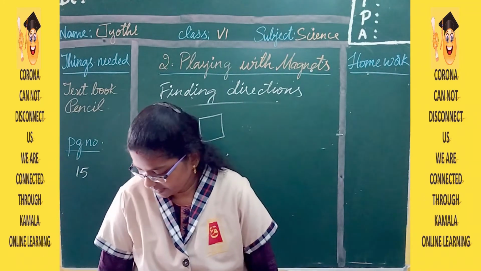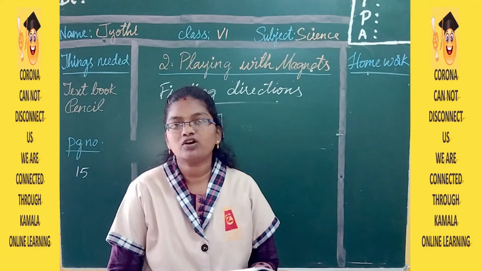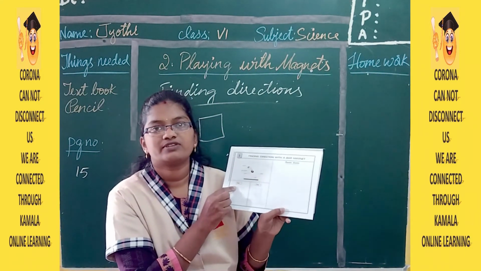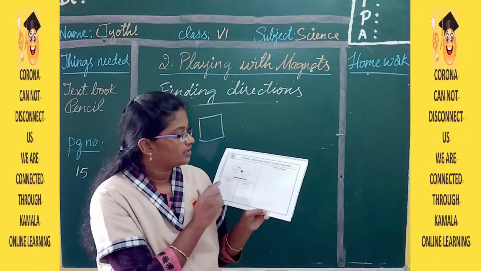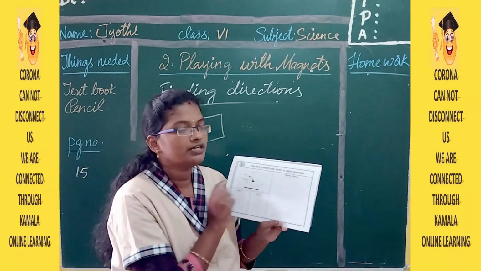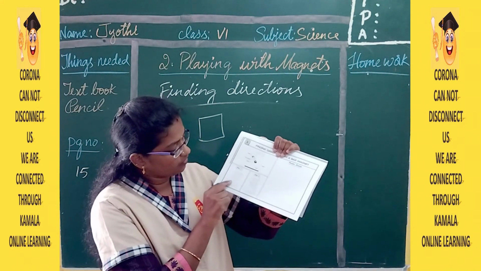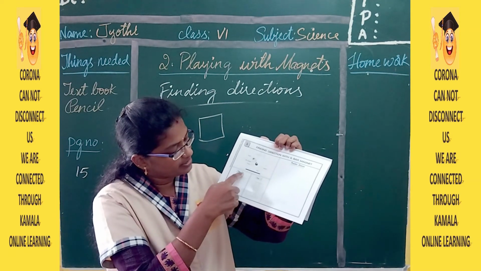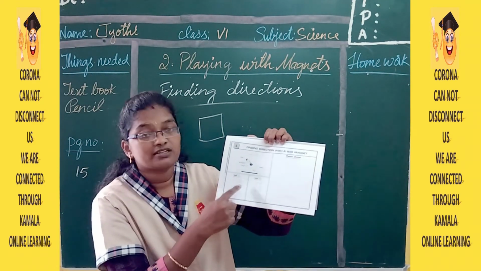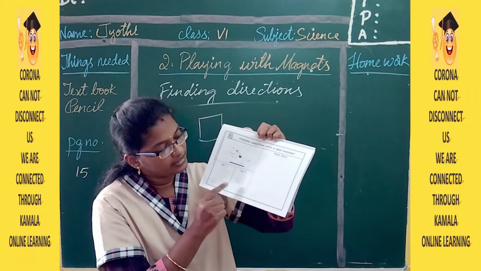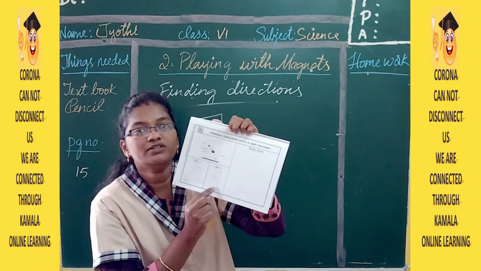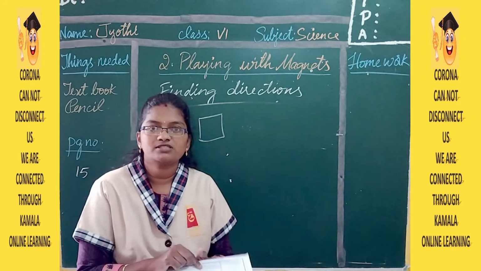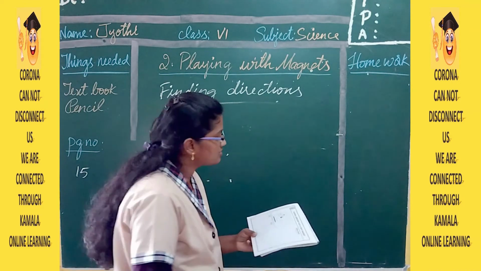So your homework will be, you have a record book. In the record book you have to do page number 5. This diagram is related to lesson 2, that is finding directions with a bar magnet. Down here you also have steps on how to draw a bar magnet and find the direction. Here is a stand, so you have to do that outline first. Then after doing this outline, you can do this part. Then if you want to color, you can color it with color pencils or crayons, right? So this is your homework.